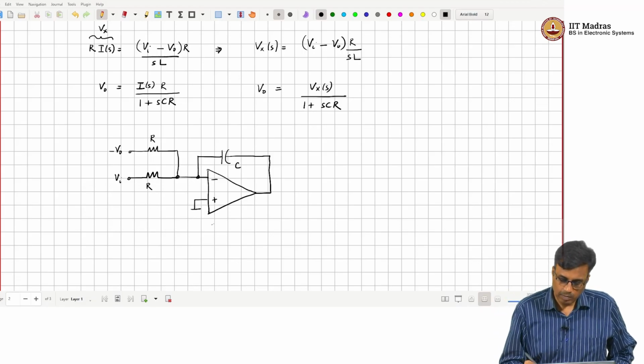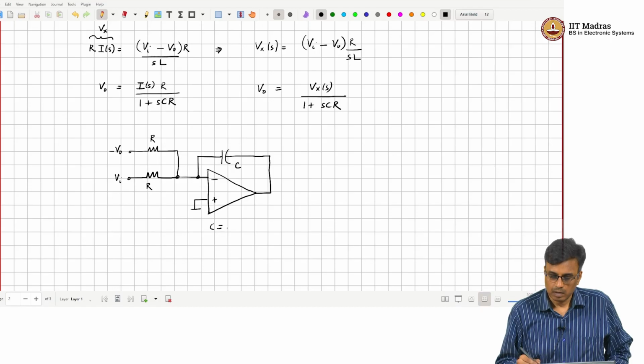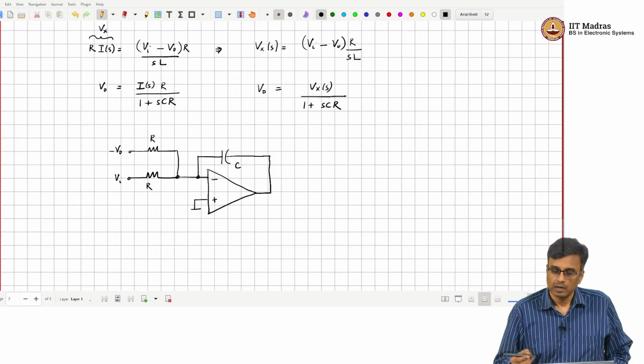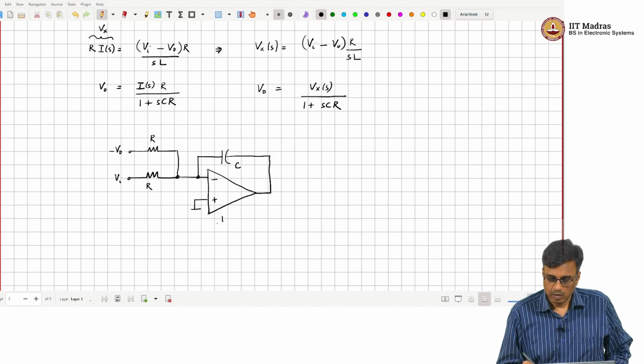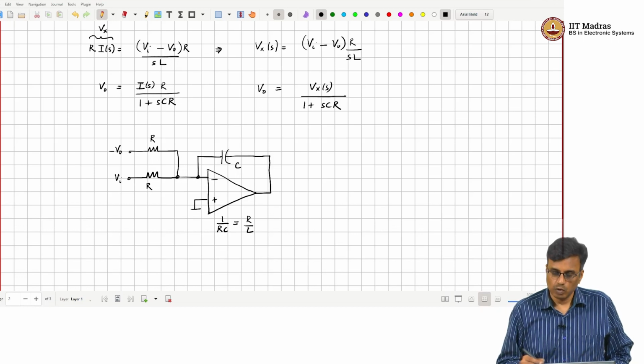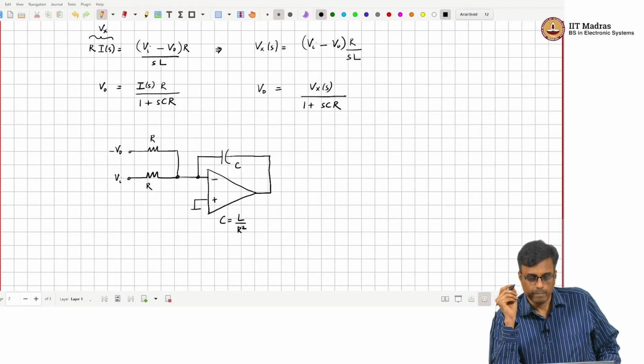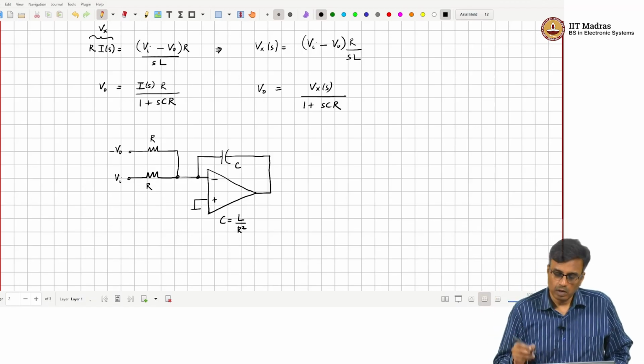and C is nothing but, how can C be equal to L by R? That is not dimensionally consistent, no? C equal to L by R. So, 1 by RC must be equal to R by L. So, C must be equal to L by R square, like before. Okay. So, this will give you